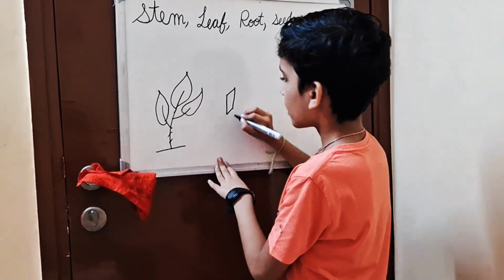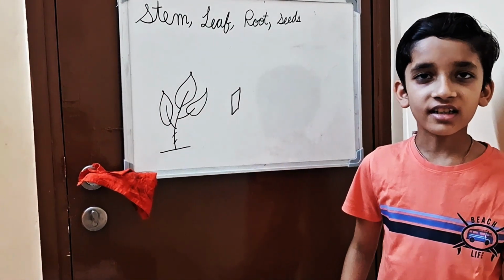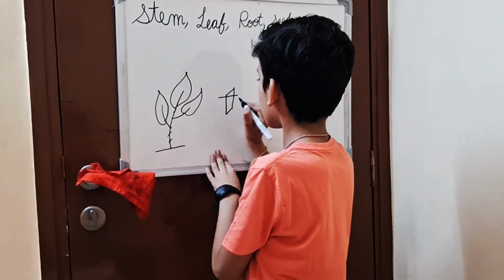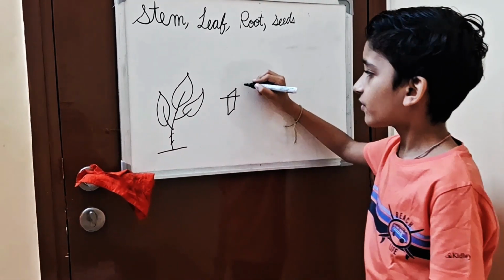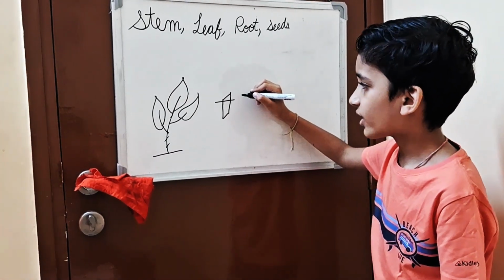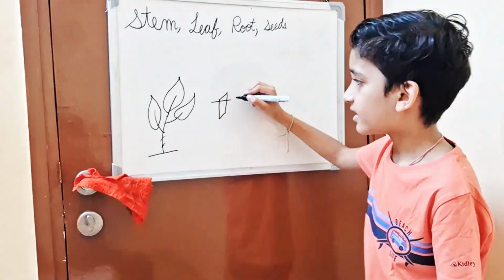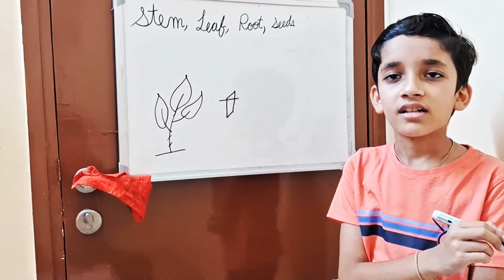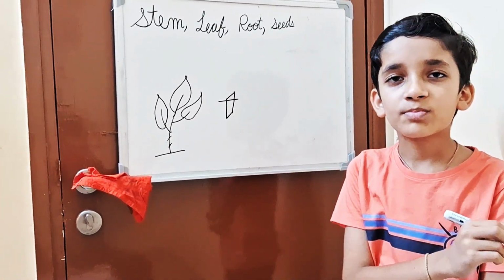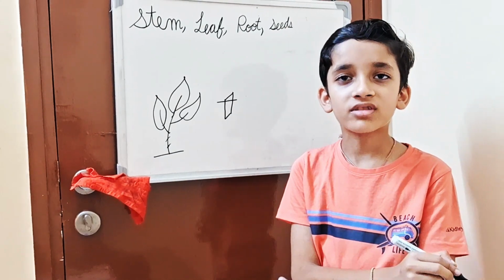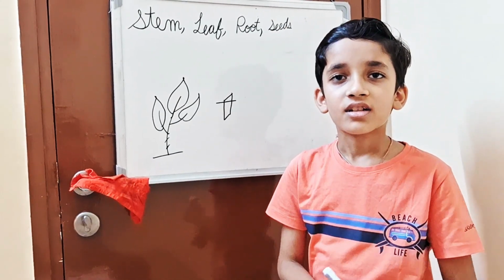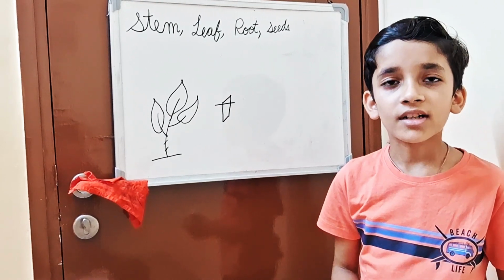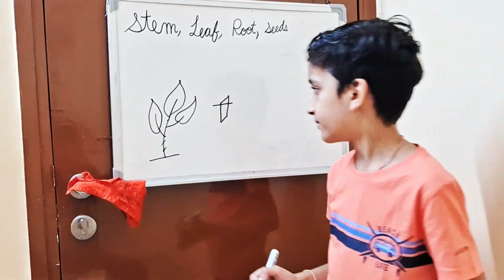Remember, don't cut the stem horizontally, it should be slanting, and you have to put it 3/4 under the ground and 1/4 on top of the soil, and then slowly and gradually a rose plant will grow. Remember, rose needs a lot of sunlight, so you have to put it in a sunny area.